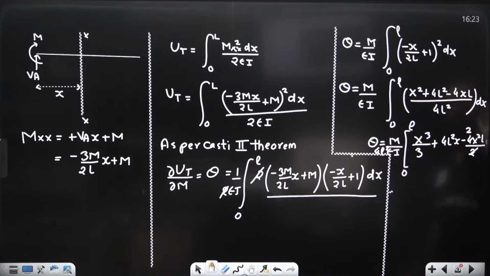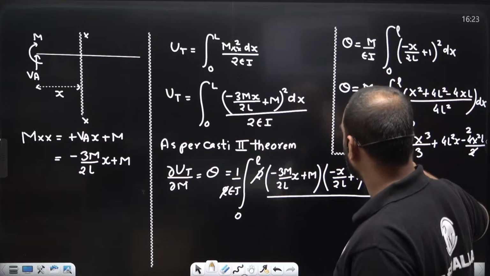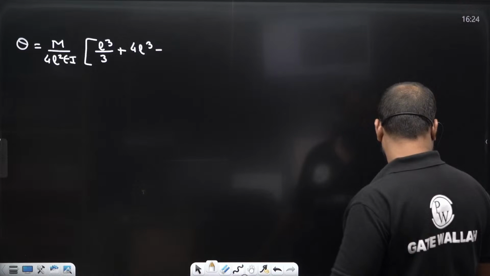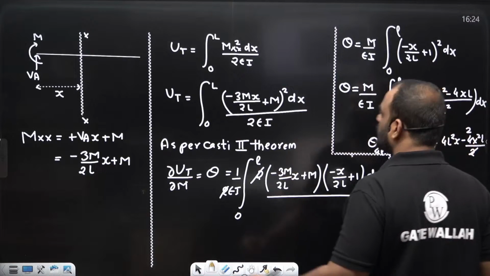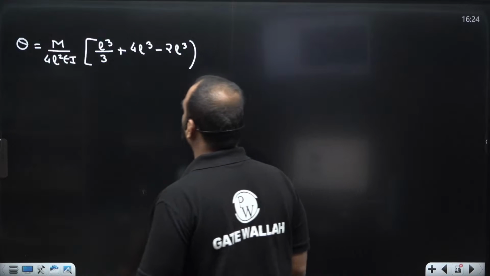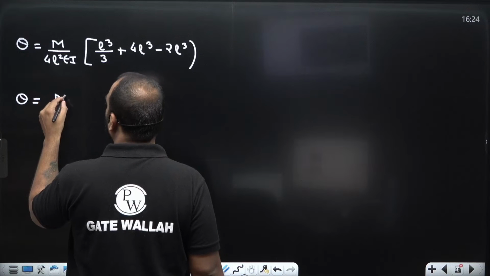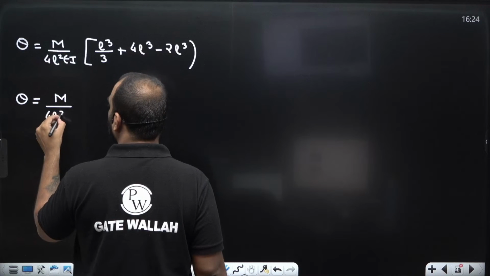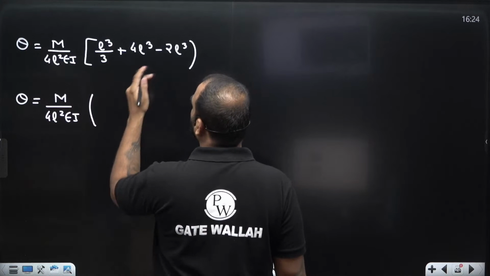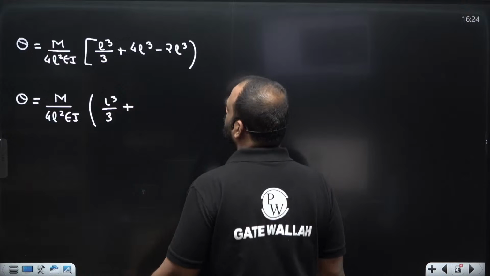Wait a second, guys. Just hold on. Yes. Now this value is how much? This value is 2L cube. Okay. Now let us solve it further. We'll get the value of theta. M by 4L square EI. Then this value is how much? L cube by 3 plus,